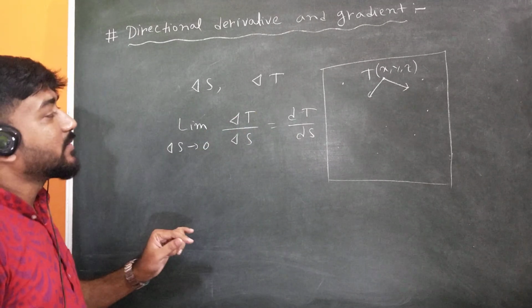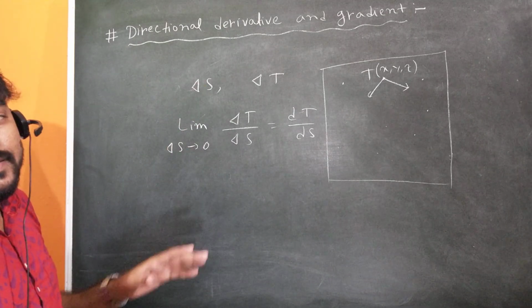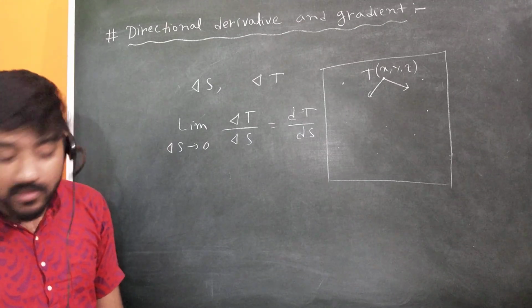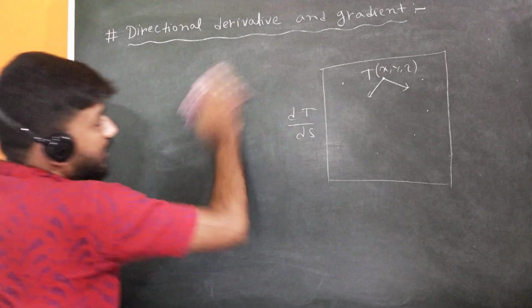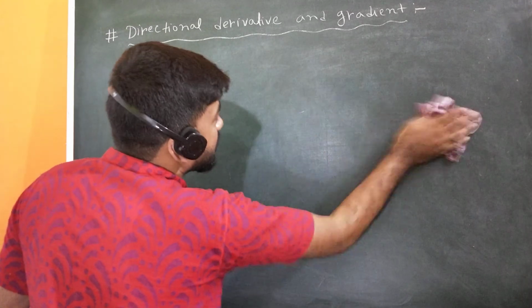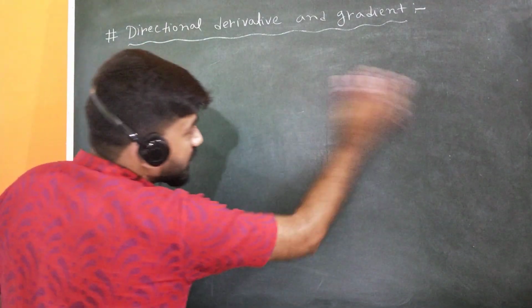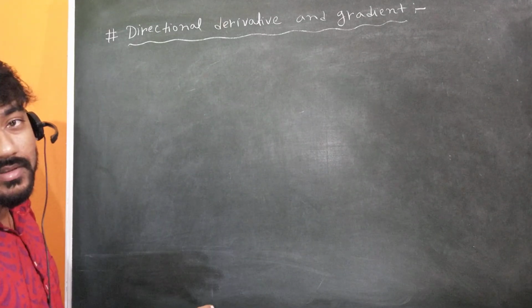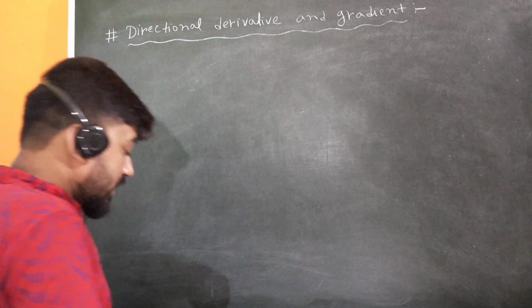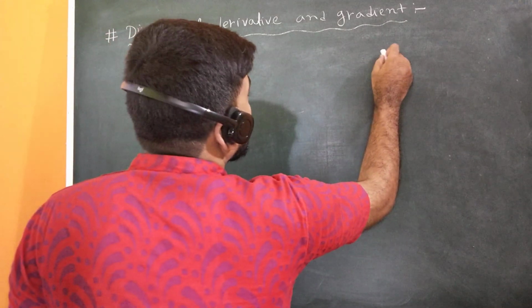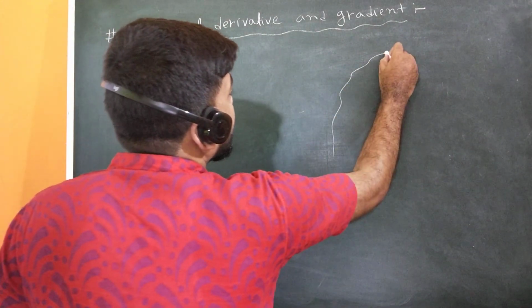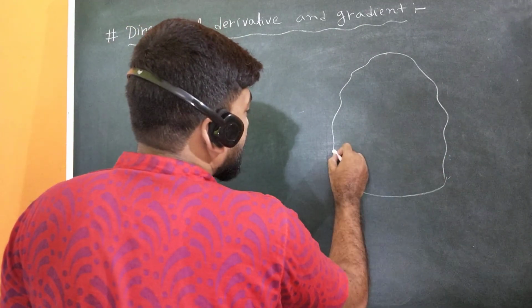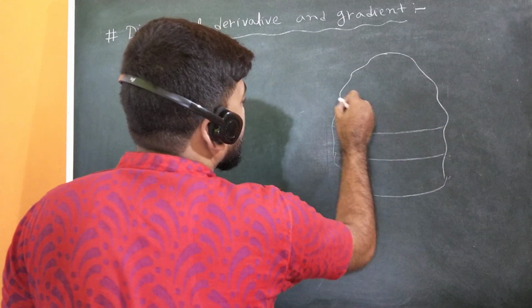So let me take one more example before calculating the directional derivative mathematically. The concept will be clearer to you if you take another example. So let me take a hill. That will obviously be the gravitational potential field. Under the gravitational potential field, let me discuss the concept of directional derivative. So if you take a hill like this, and there is some level surface on the hill like this.